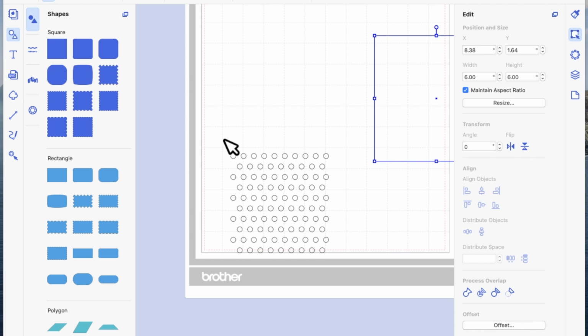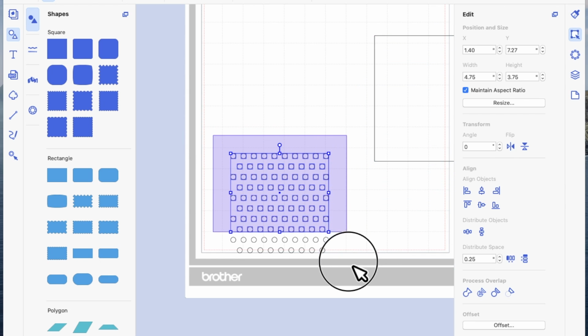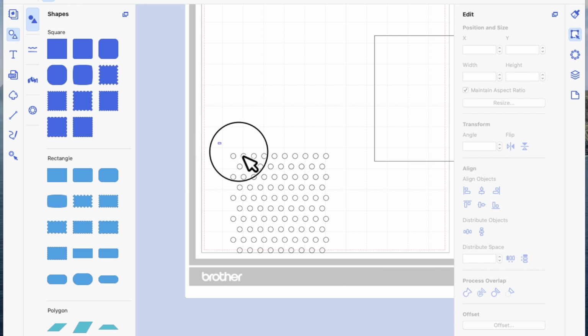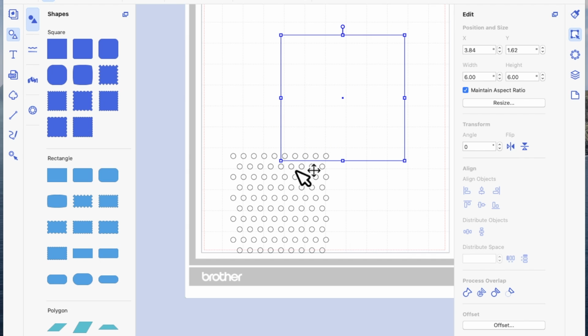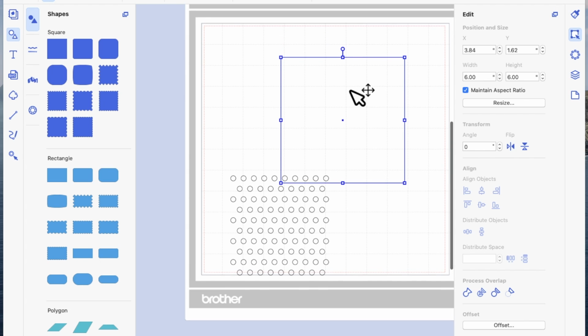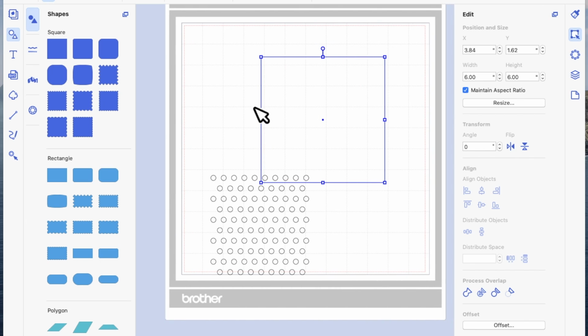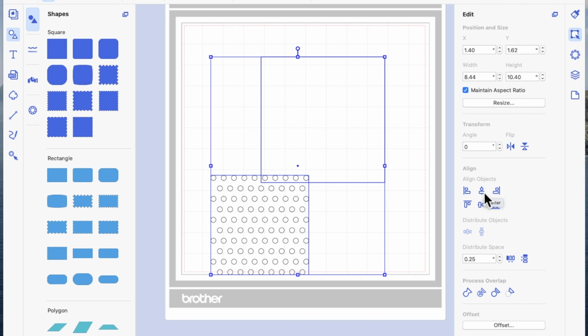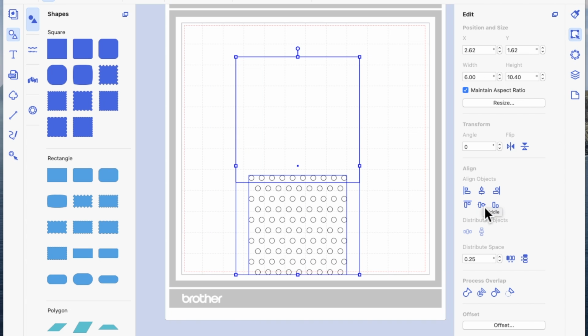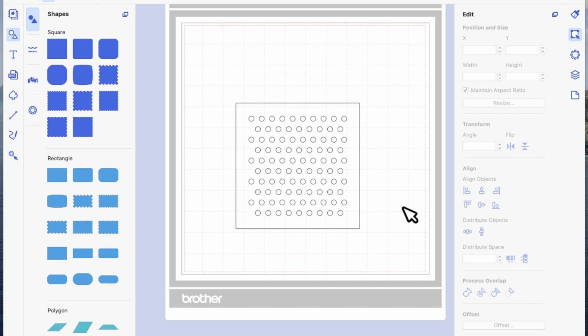I'm just going to move the square out of the way. I'm going to drag an imaginary box around all these individual circles now and right click and make them a group. So now when I select all the circles and the square and come to align and distribute and align them centrally and vertically, I can see how they're going to fit